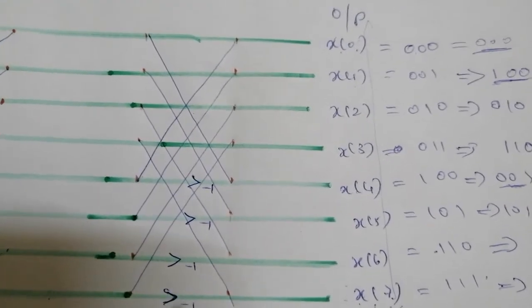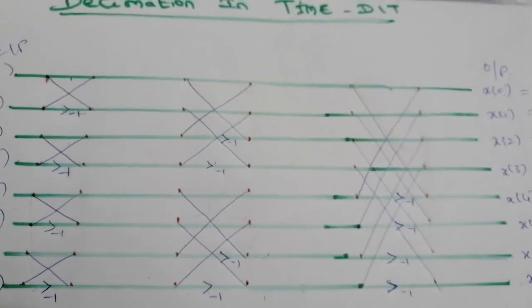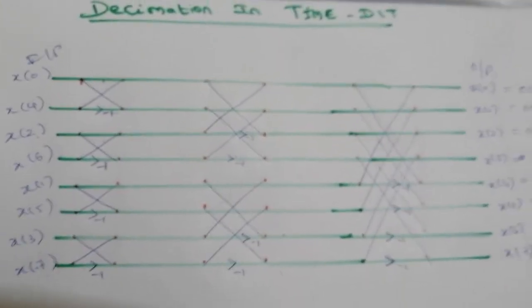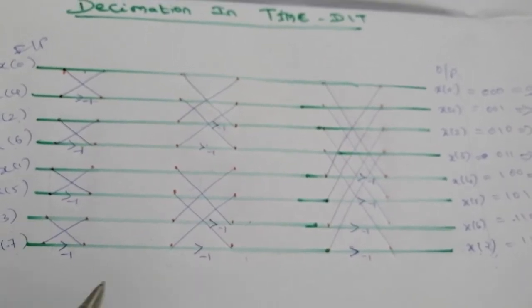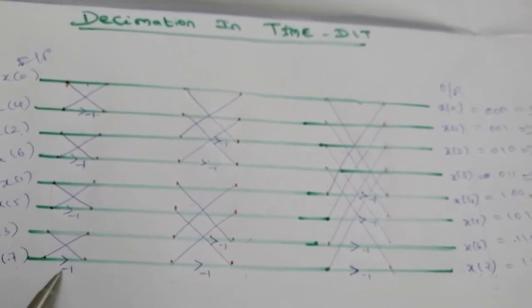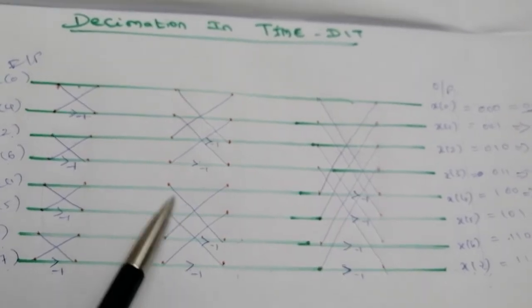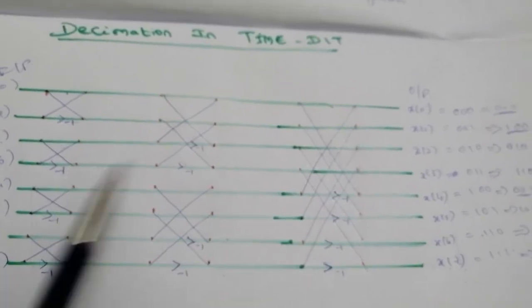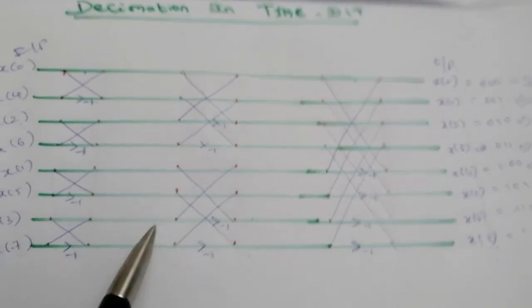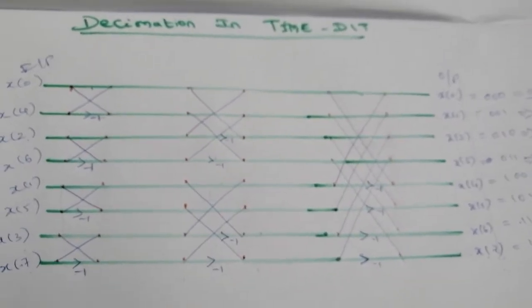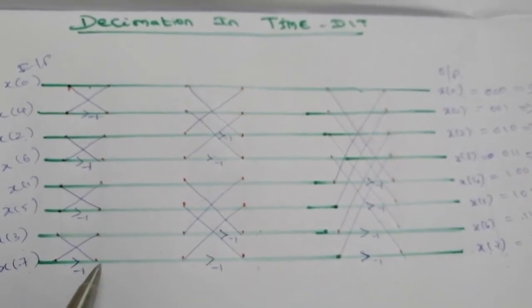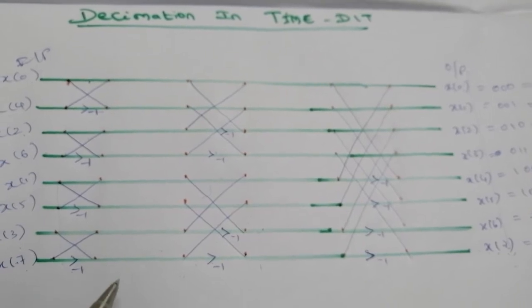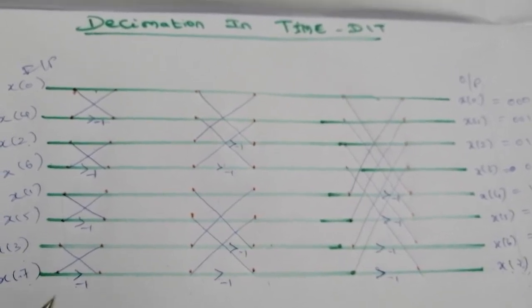So why we are doing all this? There is a decimation in time algorithm, theory portion is there. In the theory portion, we will explain why we multiply this -1 Twiddle factor and why we have to draw these 3 stages. All are explained in the theory part, okay? But from the exam point of view, the problem is a very expected question, right? So this is the concept, right?